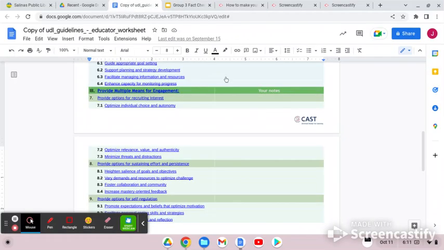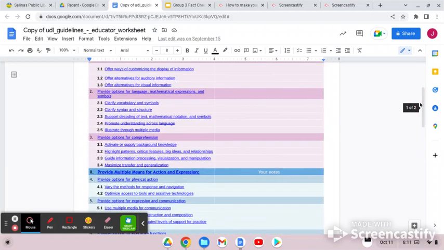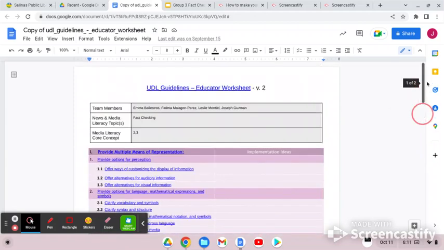So the main focus of this presentation was to give the students multiple ways to learn and give feedback. I hope this helped you guys understand our presentation more and understand how we incorporated the UDL worksheet into